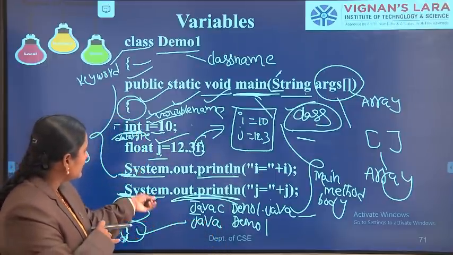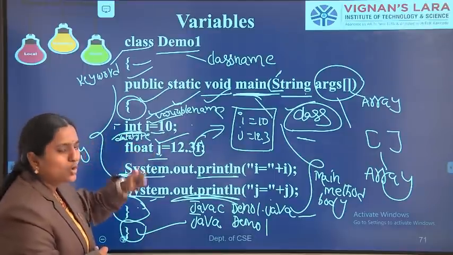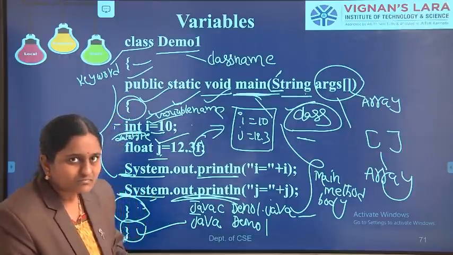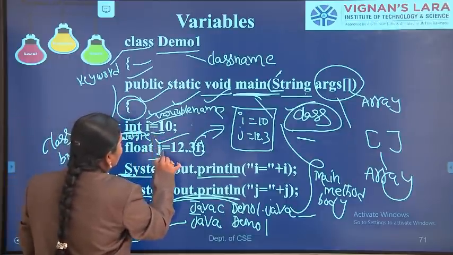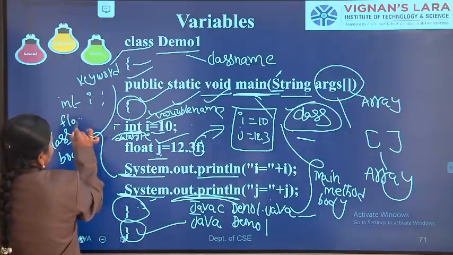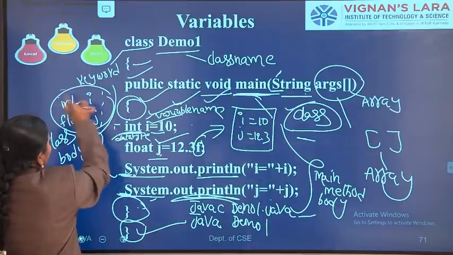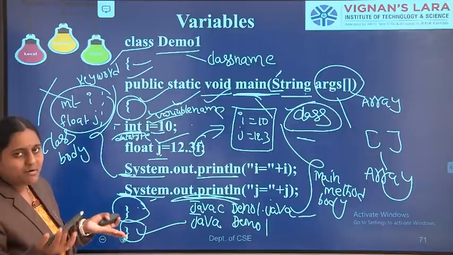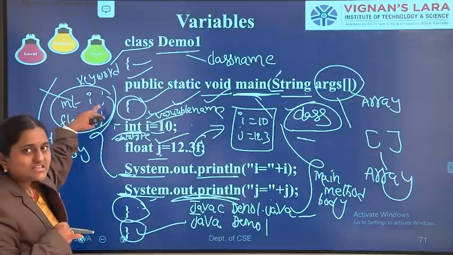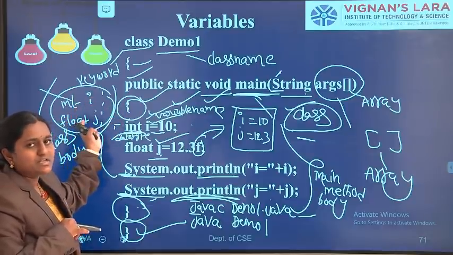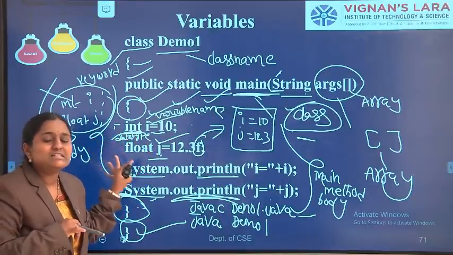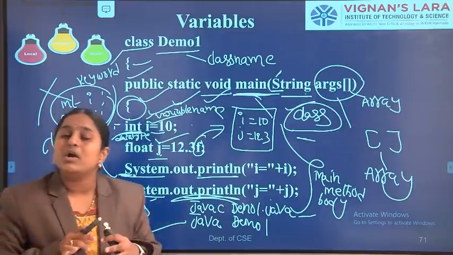These are all important points regarding local variables, and default initialization is not applicable to local variables. For example, int i, float j. I am declaring these two variables without initializing the values. At the time of compilation, it leads to an error because these two are local variables. At the time of declaration, we can also initialize the values of the variables. Otherwise, our compiler will not compile our program because default initialization is not applicable to local variables.